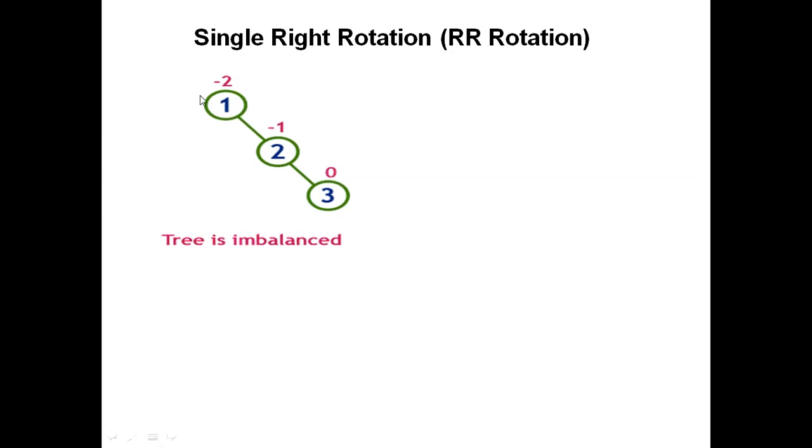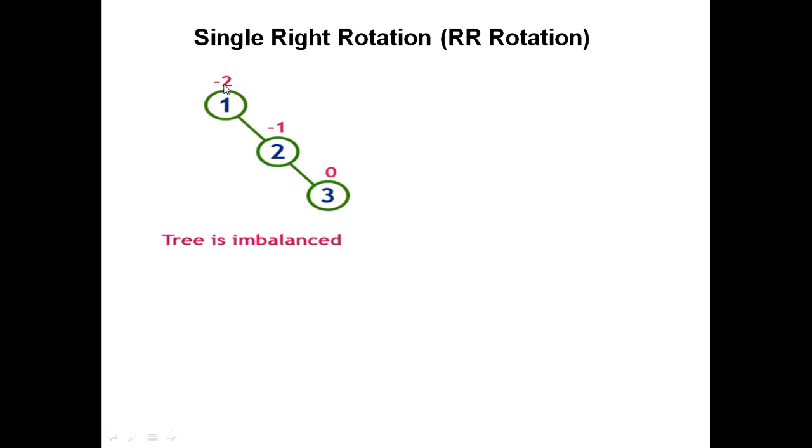So in single right rotation, what is happening? We have this example given. Try to understand. Here we have calculated the balance factor of the node. The left node is 0 and the right node has 1 and 2, so 0 minus 2 is -2, and this is not balanced due to this -2. If it is -1, it is balanced. If it is 1, again it is balanced. If it is 0, again it is balanced. But it is -2, so it is imbalanced. We'll have to do some rotation to get it balanced.